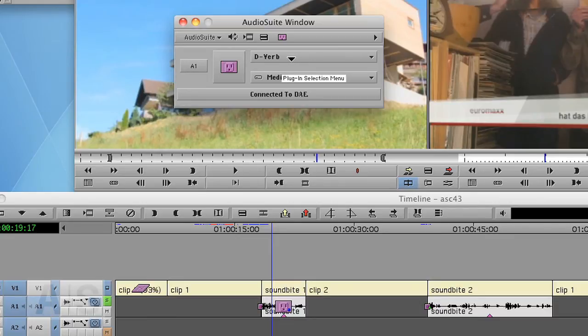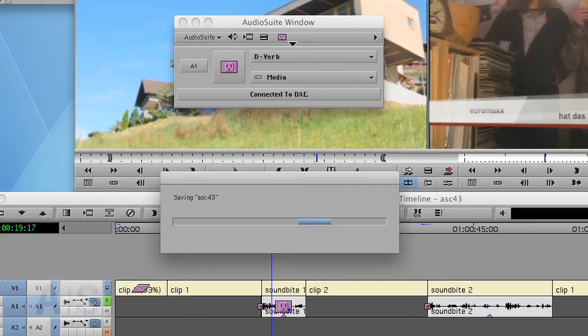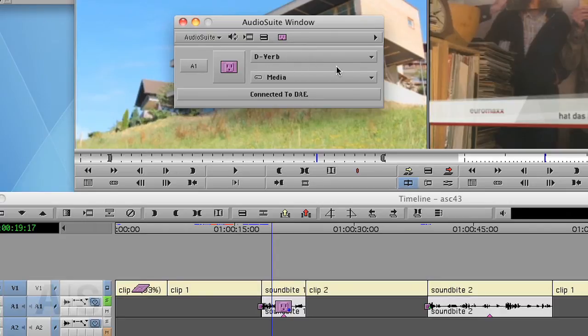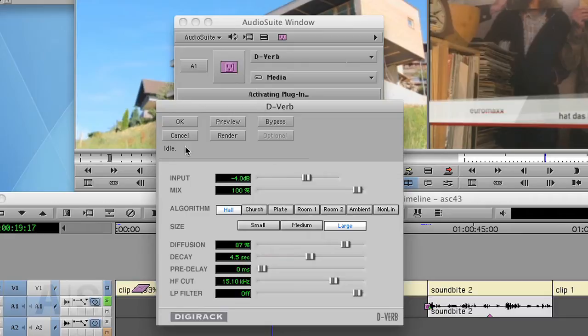If you want to use multiple effects on a clip, you'll have to use one effect, then mix down the track, apply the next effect, and so on and so on. Now we've chosen the d-verb again. By clicking this plugin icon, you can modify the options of the d-verb. We didn't do this before, so why should we do it now? You'll have to render the effect,